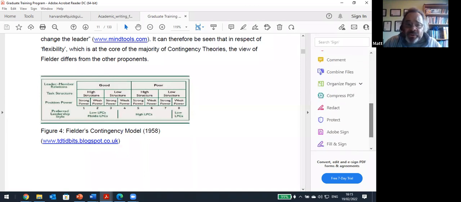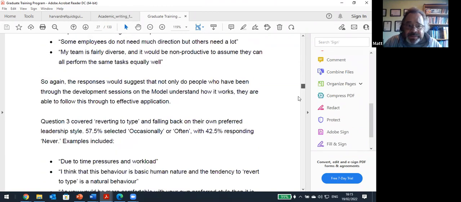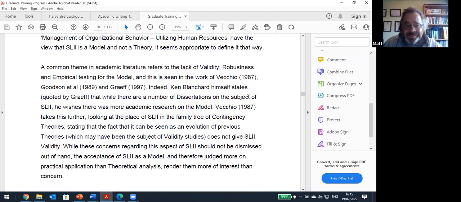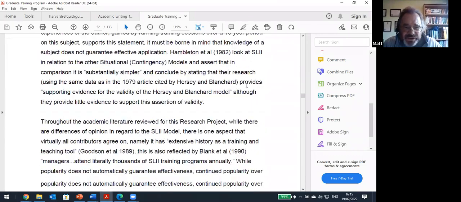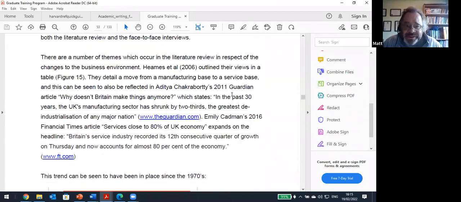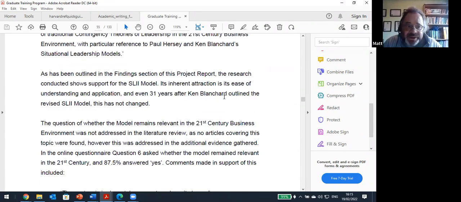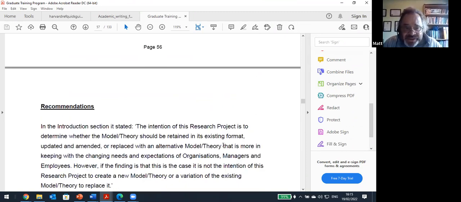And once you've done all of this, we've completed it. Here we go. It's a long old piece of work. This was, I think, 15,500 words, so it's quite a big piece of work, as you can see, because we're now into page 53. We're getting towards the end. Here we go, conclusion. Once you then get into the appendices,